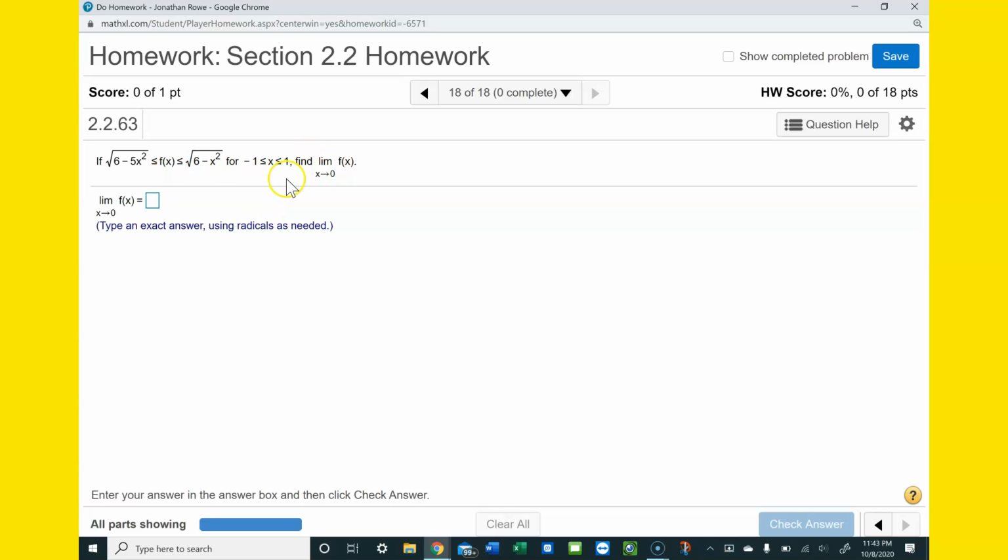This is that Sandwich Theorem. So all you have to do is plug in 0 into either the left or the right. And since they're going to come out the same anyway, that's going to help you get your answer. So that's kind of going through enough problems, I think, on 2.2 to help you